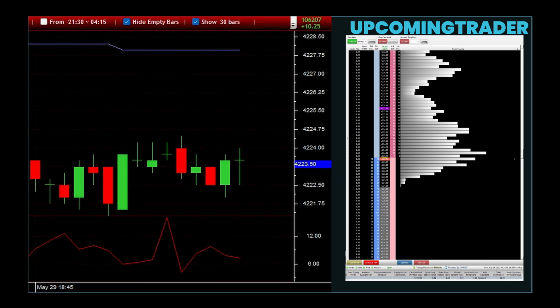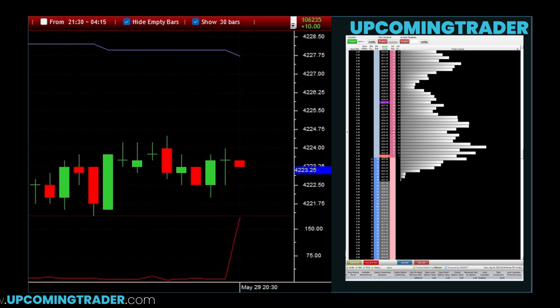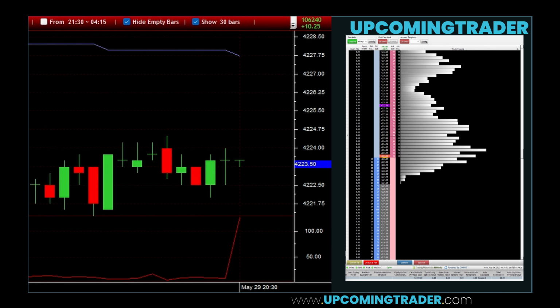A balanced profile like this often signals that the market is comfortable at a particular price range and is waiting for new information before moving decisively. Traders usually wait for a breakout in either direction before entering a position when the market shows this type of profile. Another pattern is the P-shaped profile, which often suggests a bullish market with early buying interest that causes prices